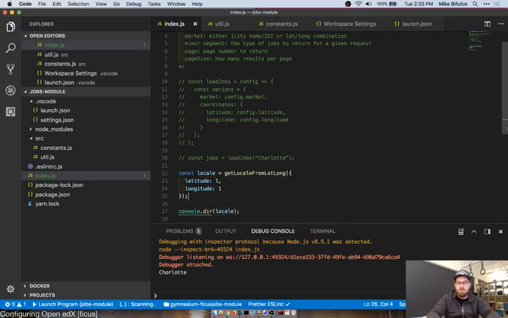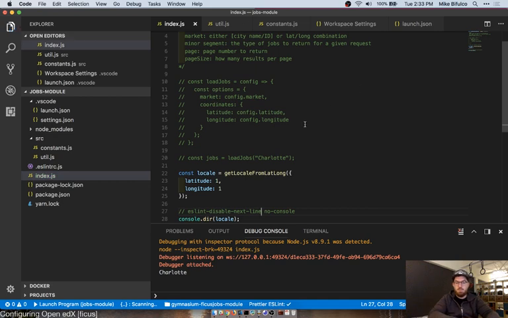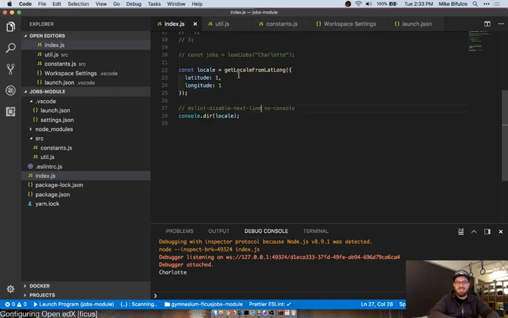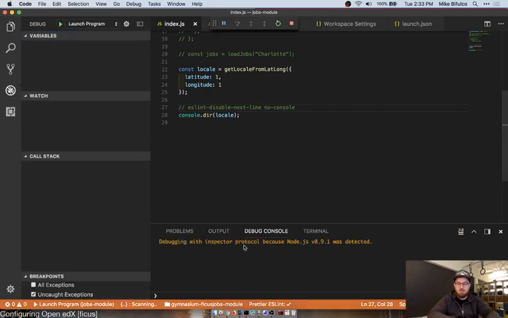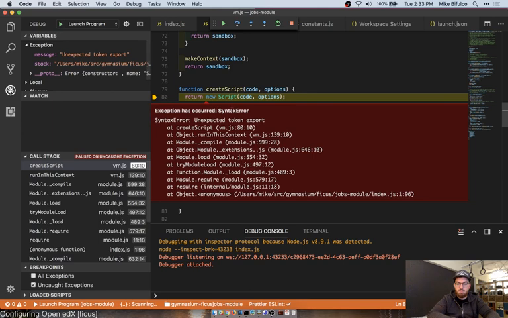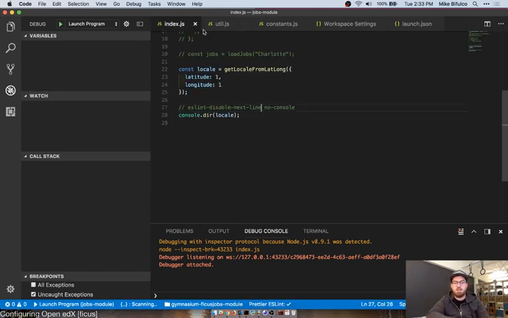Okay. In theory, what this will do is print out the nearest locale to 1, 1, which we can test with a quick zap of this. And we got an error. Unexpected token export. Right. Boy, JavaScript is confusing sometimes, huh?